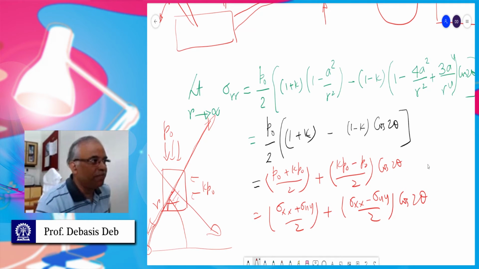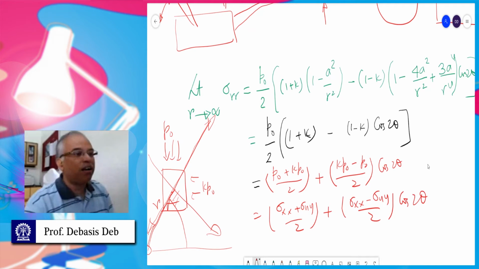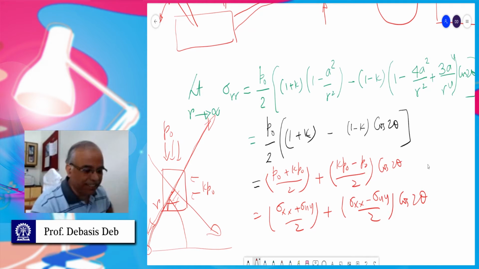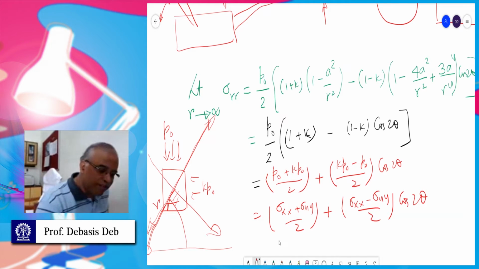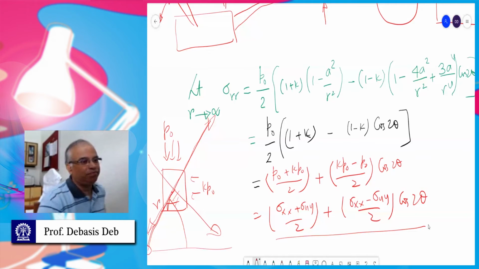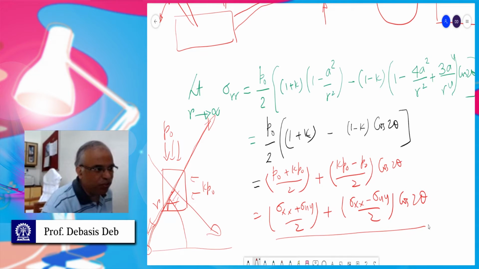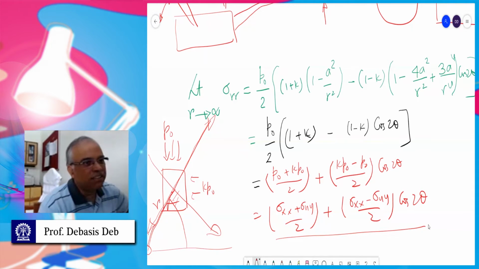Now we will find out how far away it is when it will come like that. That is where is the influence. But what I am saying, if R tends to infinity, this become like this. So that is that the stress get transformed and it is along that radial direction. And if you do the sigma theta theta, it will be perpendicular to that radial direction. So it will become the tangential stress.